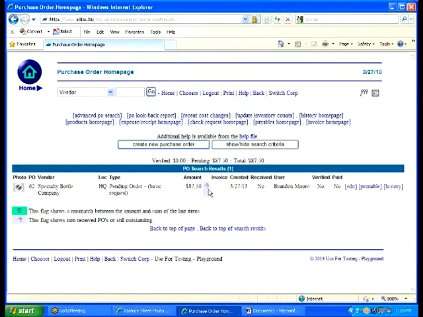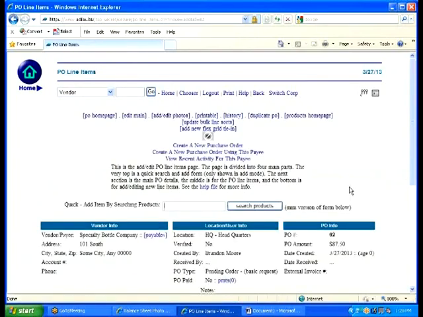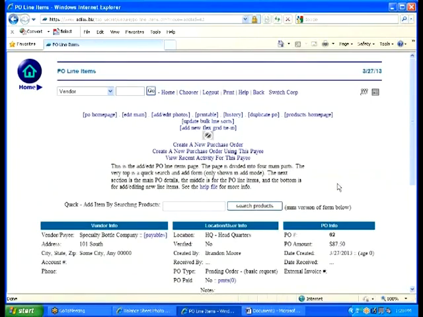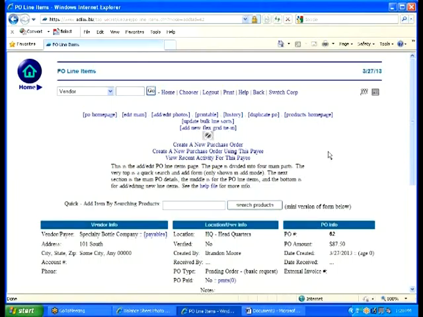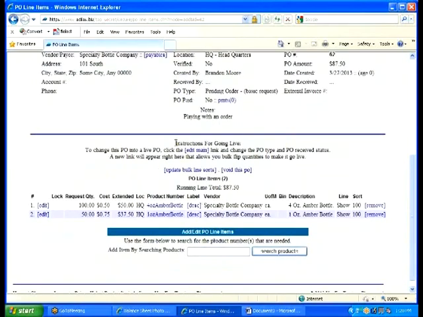At this point, this little flag right here is saying this flag shows non-received POs are still outstanding. Okay? So it's a different one. Instead of an unhappy face, it's basically saying order status, pending. Okay? Something to that effect. So basically what we would do here in order to receive this is we would click on edit. And this is very similar to what we've had in the past. The one thing that it adds is it actually says right here,